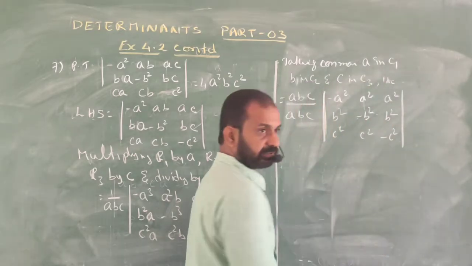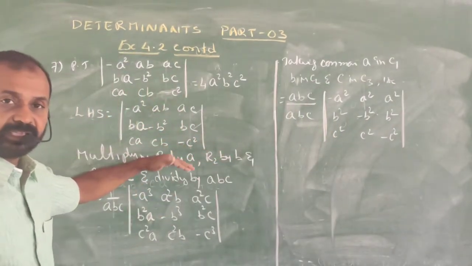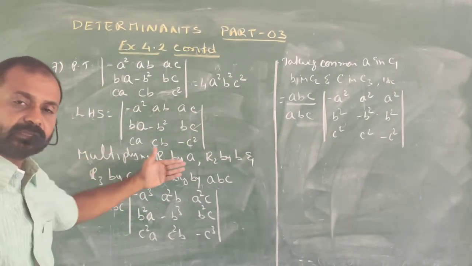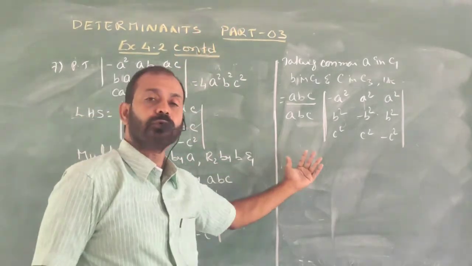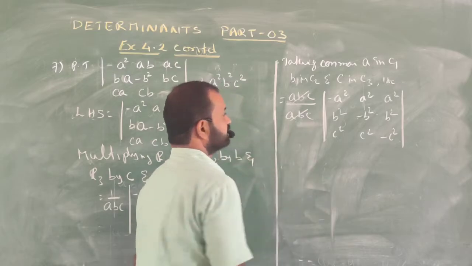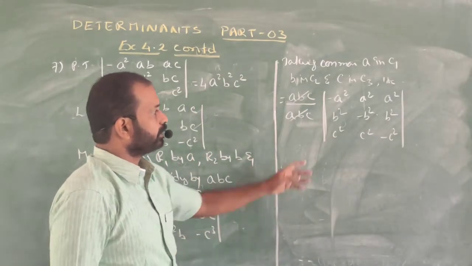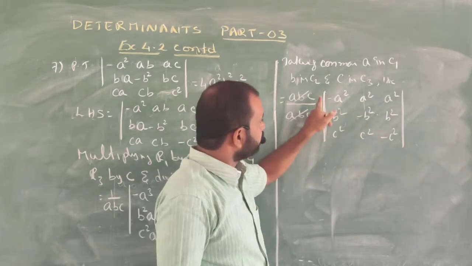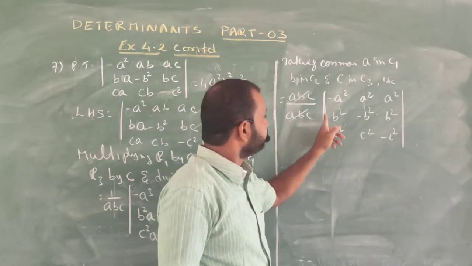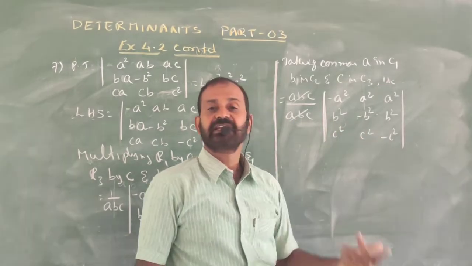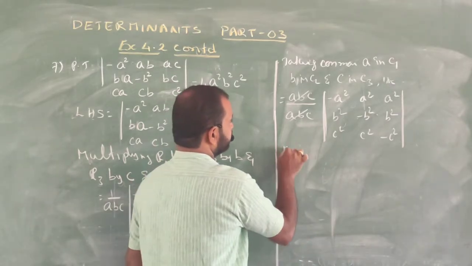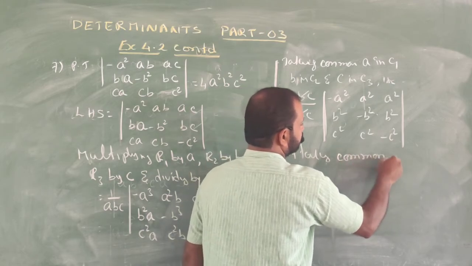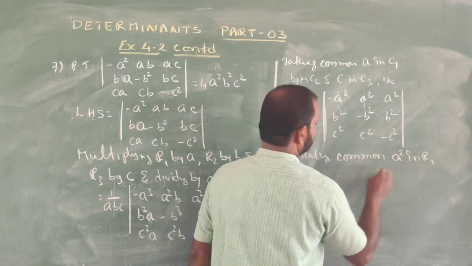I hope this is clear to everybody. Multiplying through rows, taking common through columns, or multiplying through columns, taking common through rows. So abc gets cancelled. Now when you see this, we have all square terms only. Now our problem becomes very easy. Now a squared is there completely in R1, b squared is there in R2, c squared is there in R3. So by taking common a squared in R1,